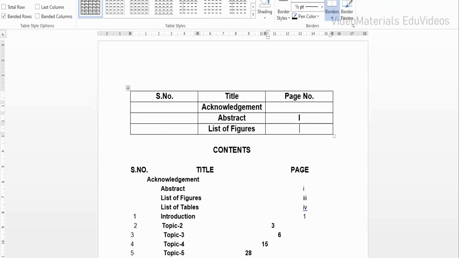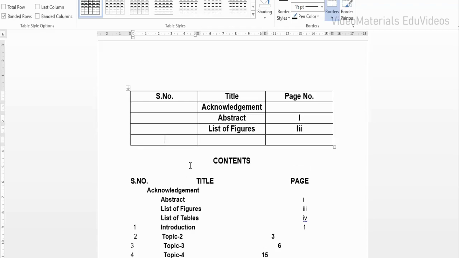Here I need to enter Roman letters in lowercase, but when I press tab, by default it shows uppercase letters. Similarly, I have pressed tab in the third row when the cursor is blinking, so that it will convert it into uppercase. To make it lowercase, we have to select the alphabet and press Shift F3. So that is one way. Another way is, I'm going to undo this.